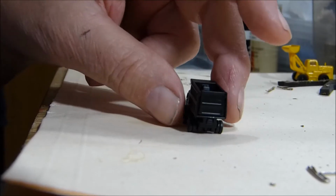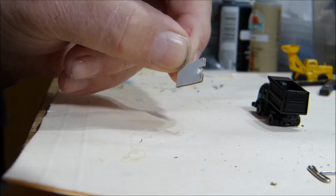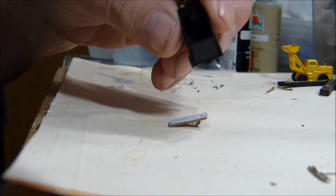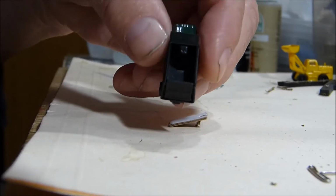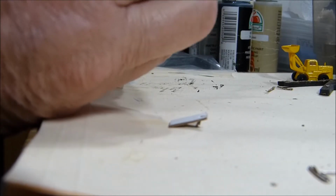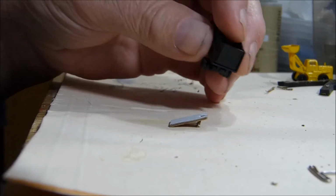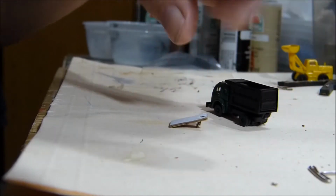So I am going to fold up a piece of cardboard, and you can see that notch in there. That notch is to go alongside that plug that's in there. That's probably the apparatus that moves the truck up and down. You can see it there. It's kind of cool. And the tailgate does open, but on this particular model, it's going to be,